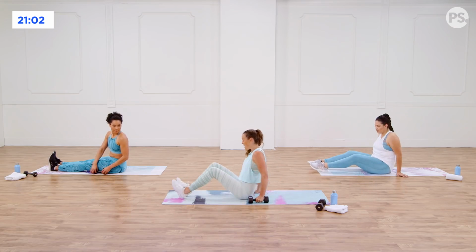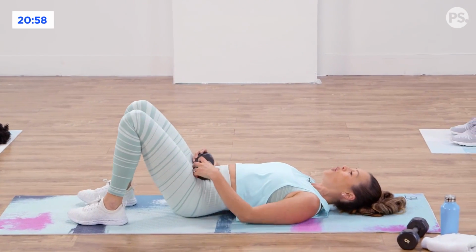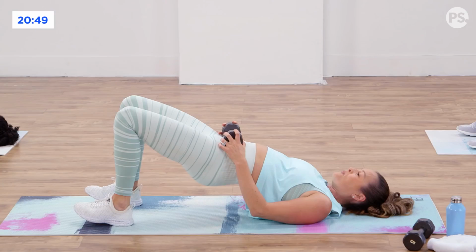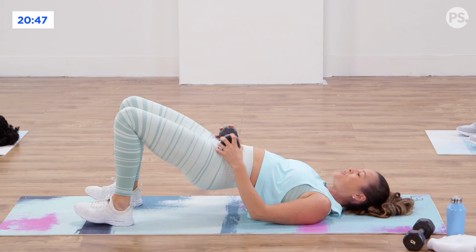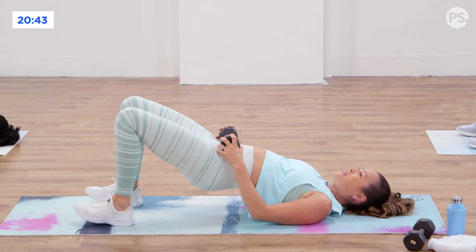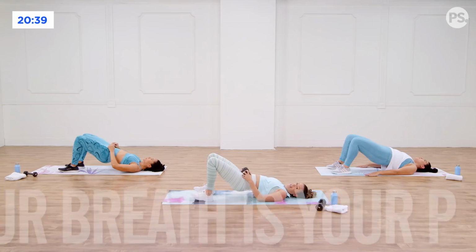Grab your weight again, lay it on your back. Let's bridge it up. All right, you're going for the hold. Press through the heels and pulse. Pulse. Up and down. You got it. Breathe. Remember, breath is so vital when you're getting started. You're kick-starting your fitness, you're getting back into it. Your rhythm's gonna start moving faster, but you gotta keep your breath flowing in the beginning